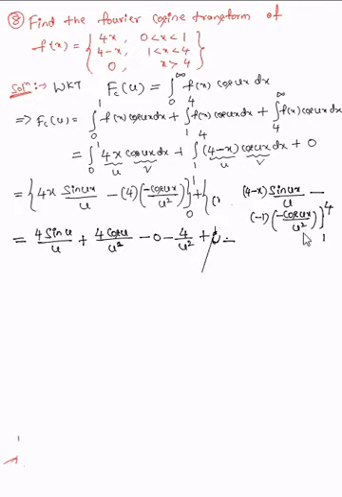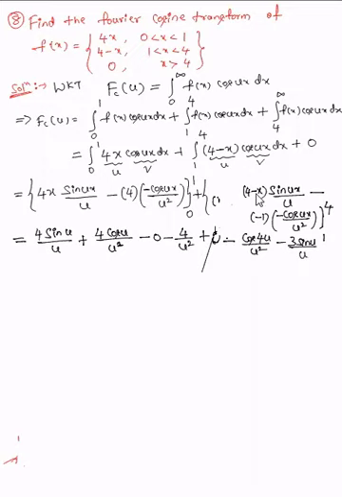It is cos 4u by u square. So in this term, x equal to 4 means 4 minus 4, 0. Minus into minus plus, plus into minus, minus. X is 4 means cos 4u by u square. Then minus the lower limit. Put x equal to 1, so it is 4 minus 1, 3. So 3 into sin u by u. It is 3 sin u by u, this term.